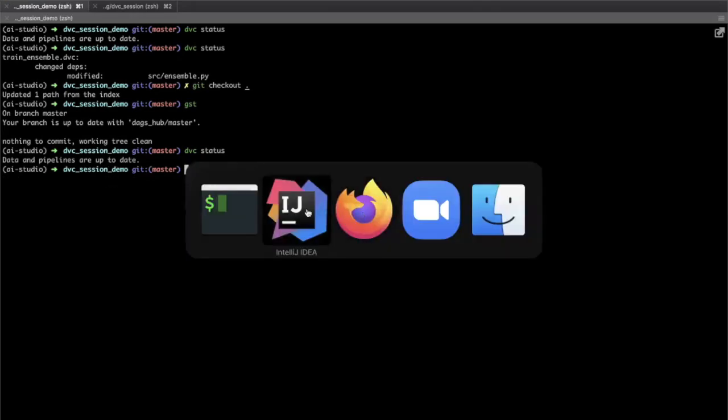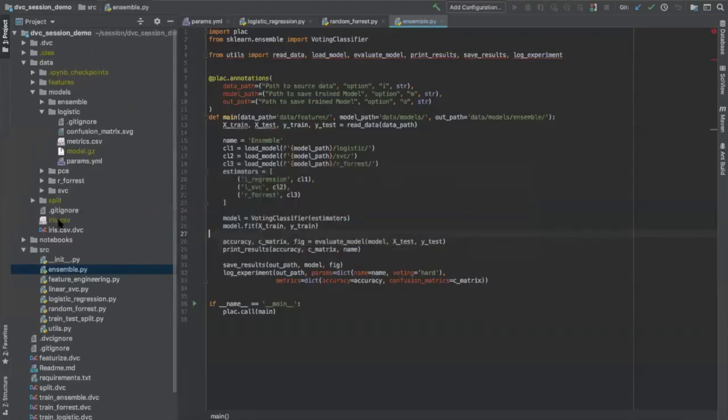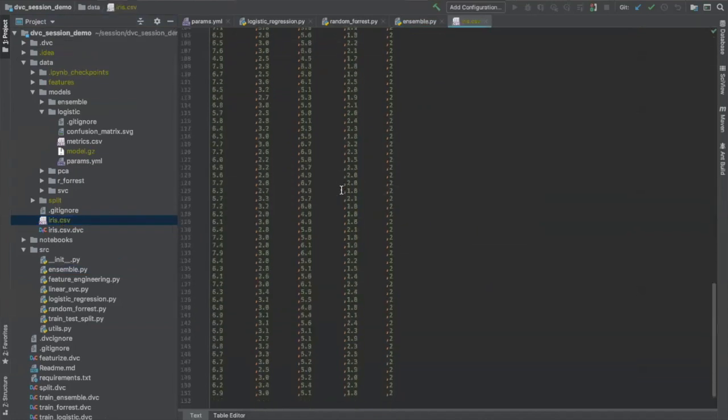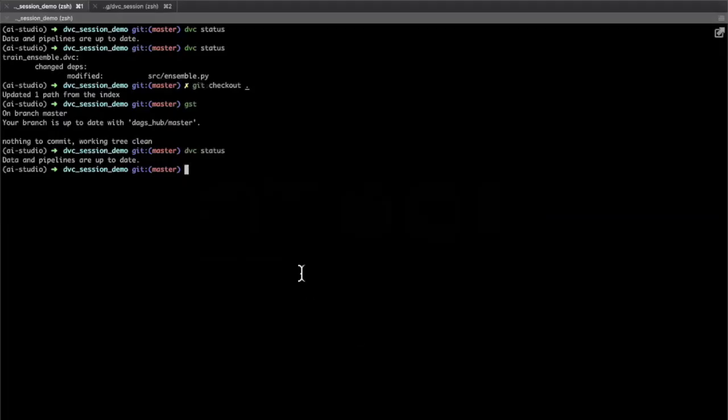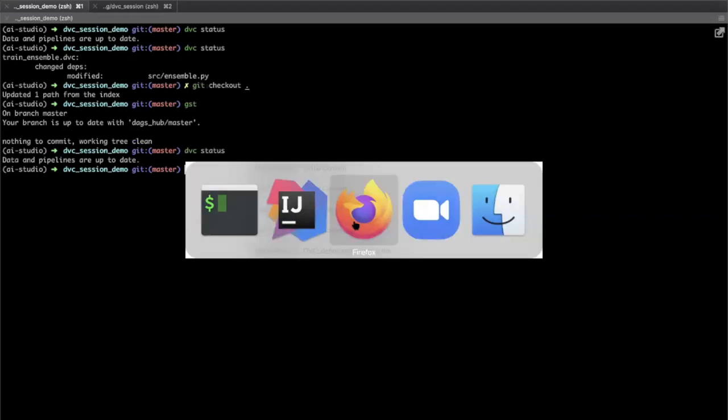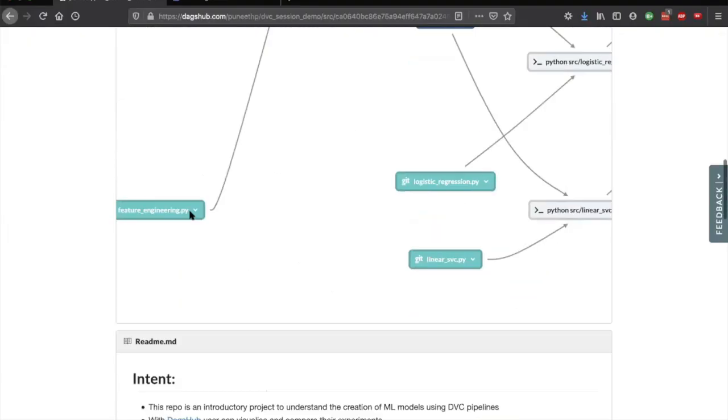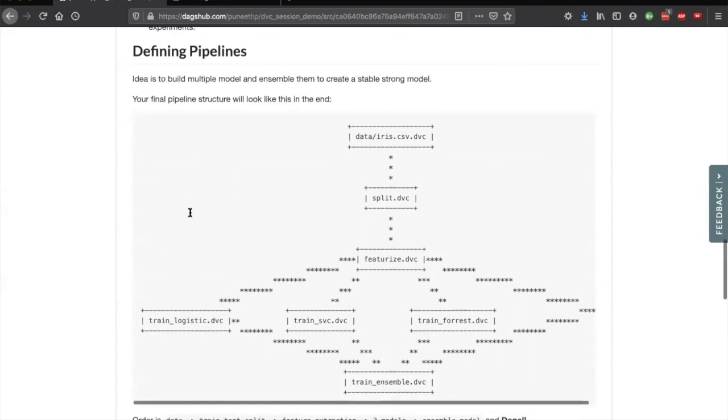For example, now if I change the data set itself, so I added a new row. The data set is at the root of this project, right? So the first stage itself has changed, and all other stages which are dependent on this need to be reproduced.